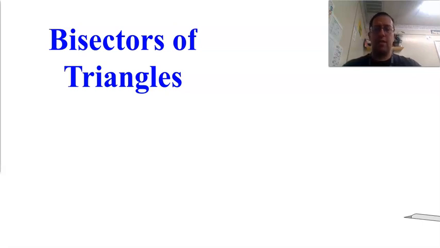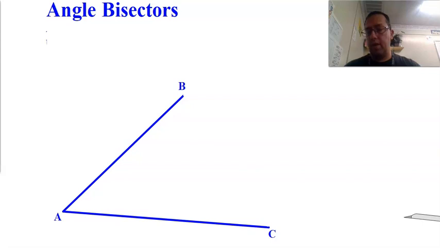Hello class, today we are going to look at bisectors of triangles. This isn't so much bisectors of triangles, but angle bisectors and perpendicular bisectors when we put those in triangles. Alright, so we're going to take some stuff we already know and see how it works inside a triangle. So first we have angle bisectors, and before we get into that too much, I want to remind